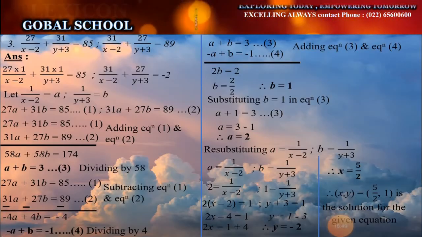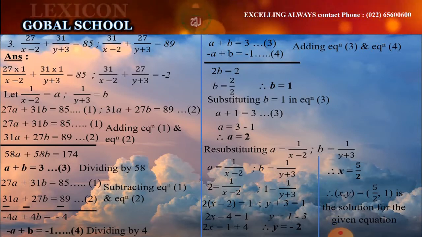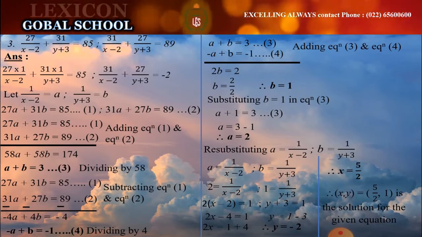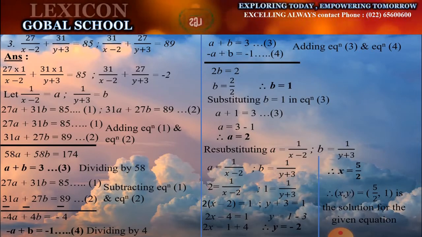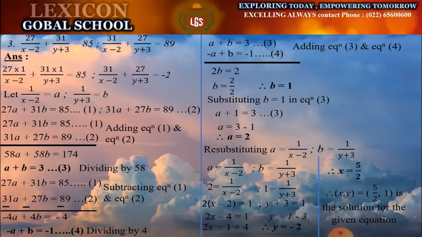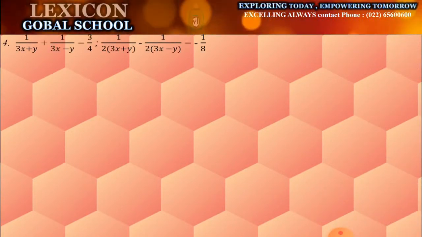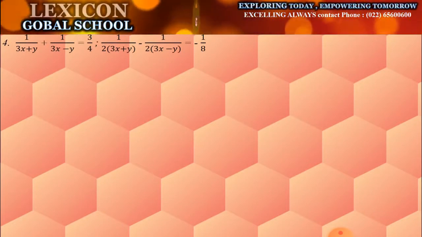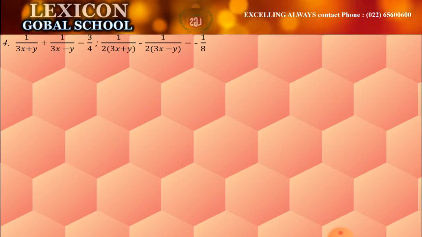Therefore, the solution of the equation (x, y) = (5/2, 1) is the solution of the given equation. Let us solve sum number 4. Your sum number 4 is 1/(3x+y) + 1/(3x−y) = 3/4,